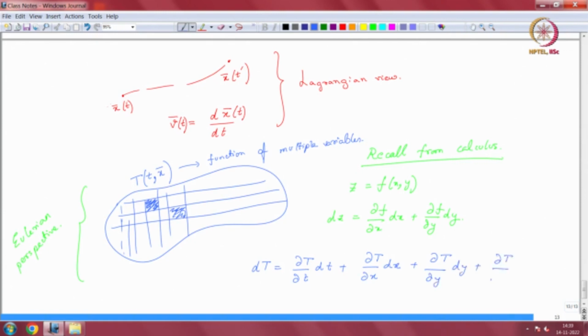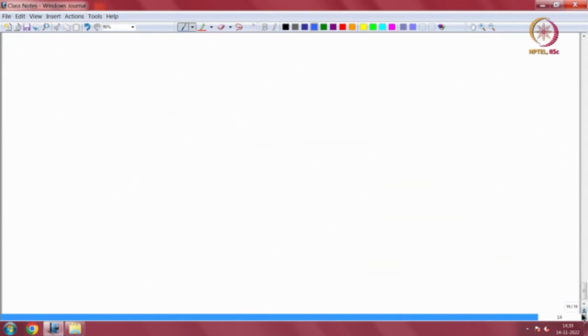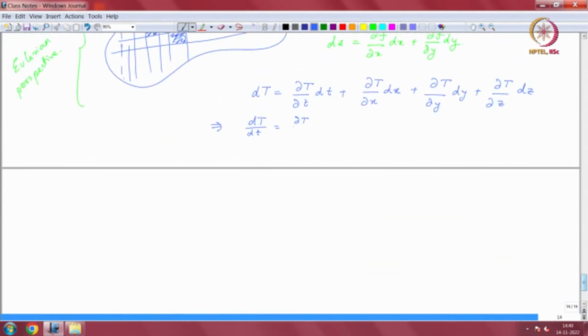So for 3 dimensions, if I had to do this, I will end up with this. So this says that my dT, my total derivative here, is nothing but, plus